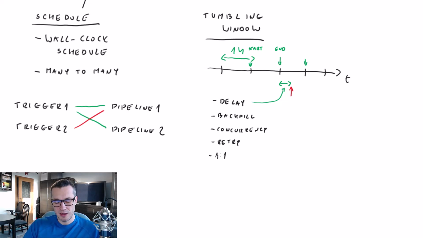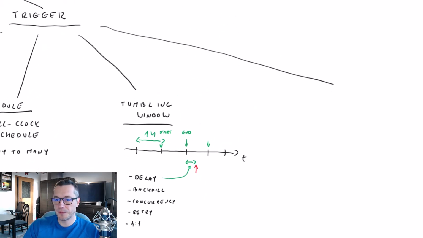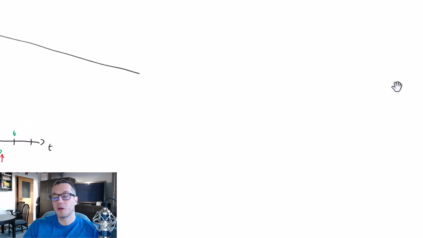All right, but those both trigger types, schedule and tumbling window, were executed according to some upfront schedule. Let's say once an hour or every night. That's great. But what if we would like to have a more dynamic execution, when we want to execute our pipeline when something happens? Is it possible? Yeah, it is. So we've got two additional trigger types that fall into this